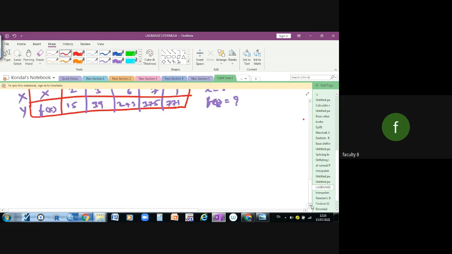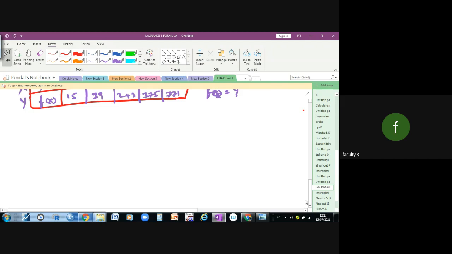the formula is quite different from the earlier one. So the Lagrange formula, and the y is equal. But here we need to get y. So therefore, or f of x, also no problem. Instead of y, you can write f of x. If you write f of x here, you should write f of x; if you write y, you can write y here.